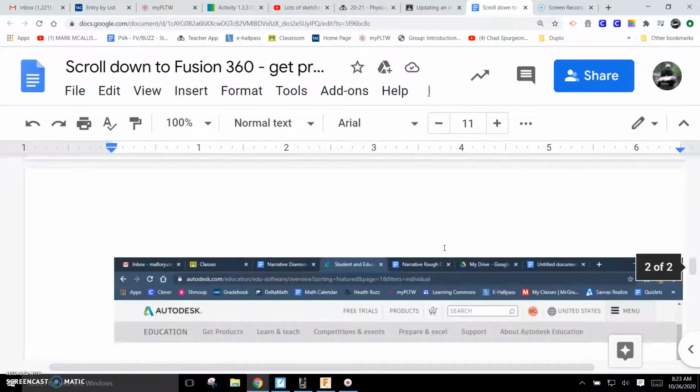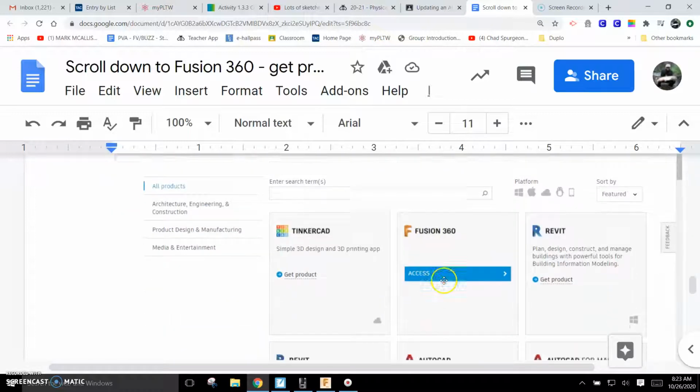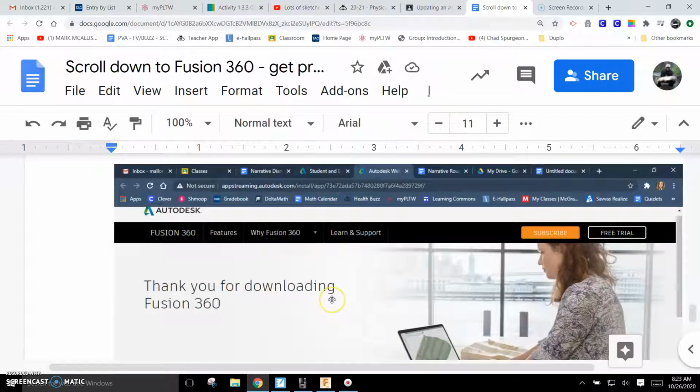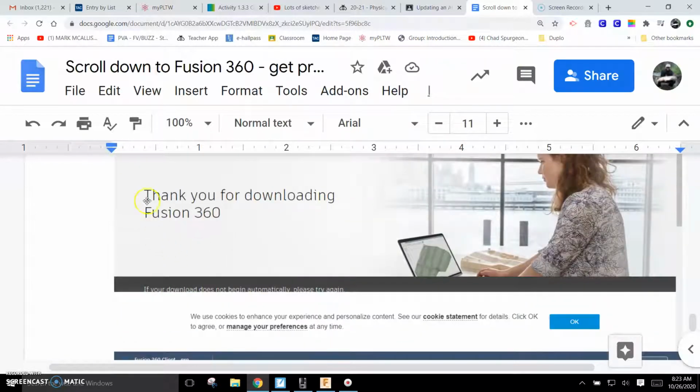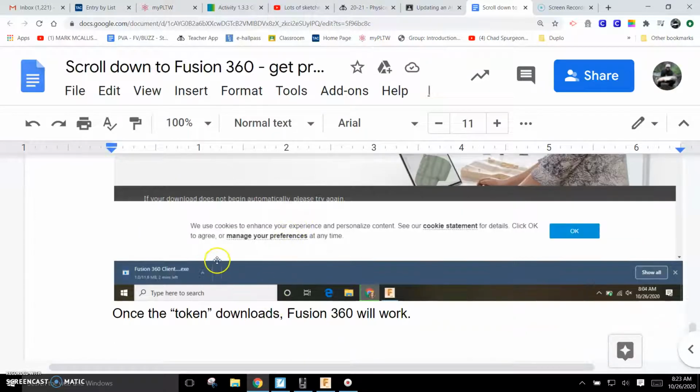At that point, it's going to change to a screen that looks like this, and it'll have Access. You're going to click on Access. And then what happens at this point, it doesn't actually download the Fusion 360 program, but downloads what Autodesk refers to as a token, which as you can see is being downloaded on the screen here, Fusion 360 client,